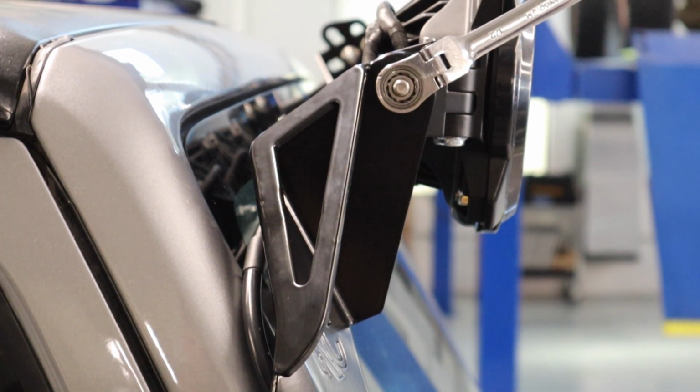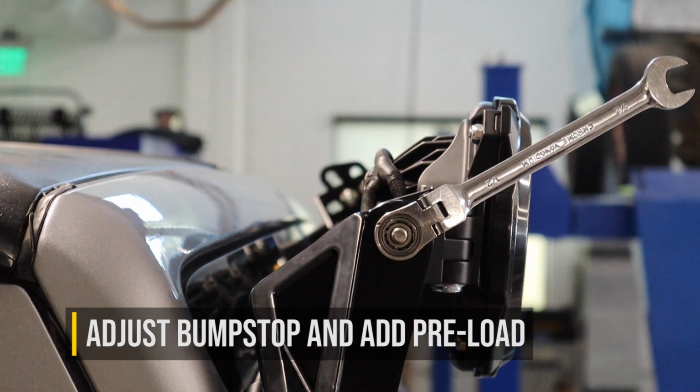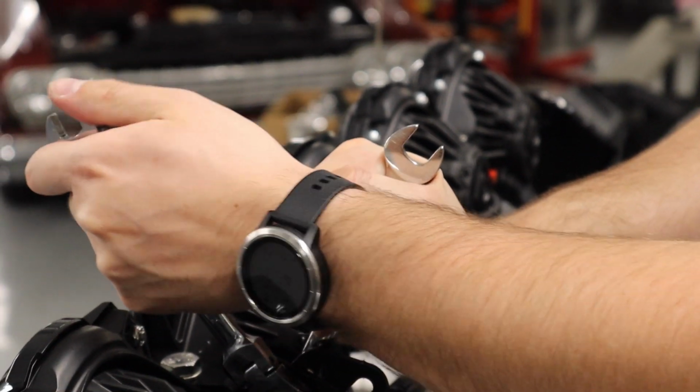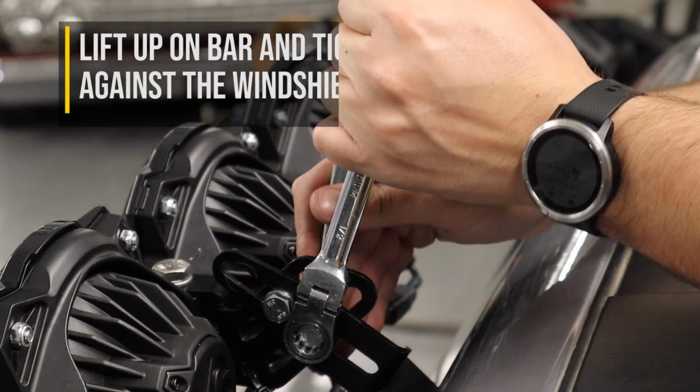The final step is to adjust the bump stop on the Pro6 and to add preload to it. This adds tension to the entire system to provide maximum stability and to eliminate any vibrations. To do this properly, have your friend lift up on the light bar while you adjust the bump stop so